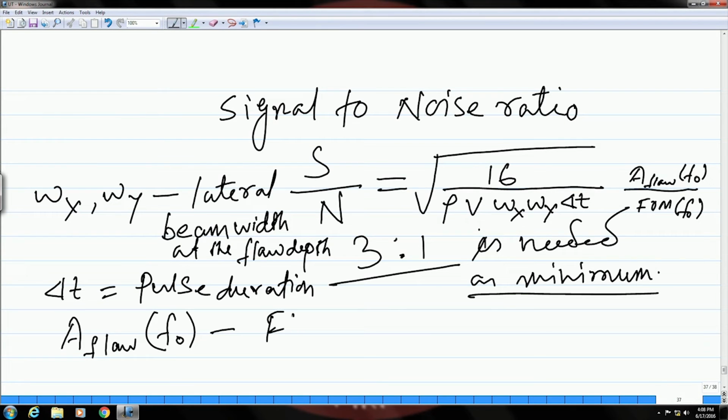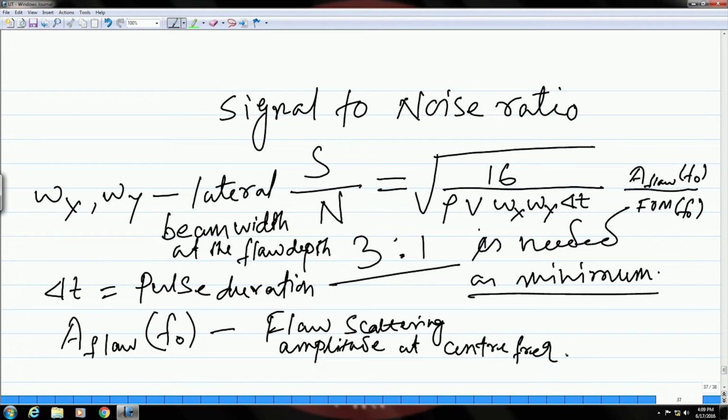So, this is the flaw scattering amplitude at center frequency, and FOM is what is called the figure of merit,